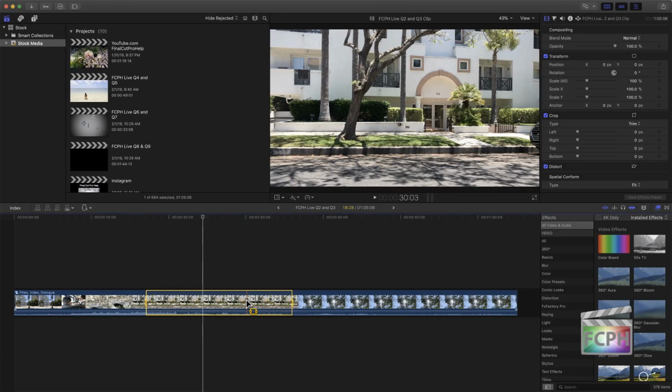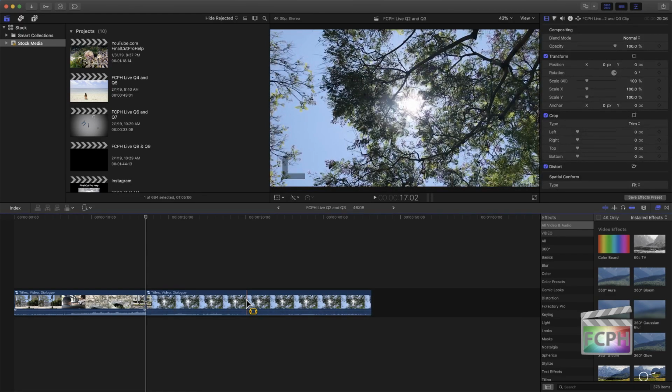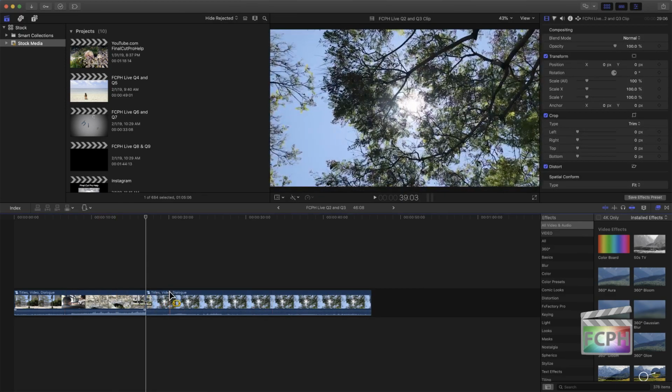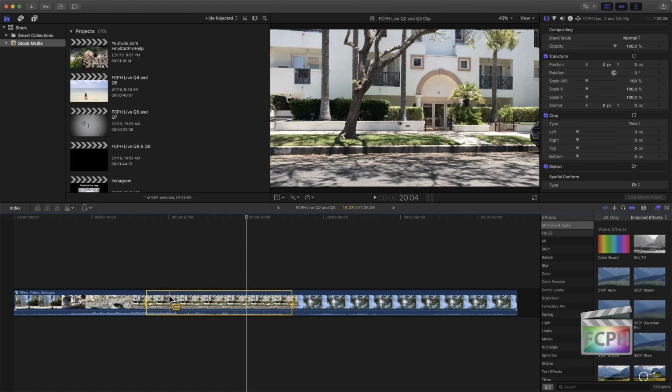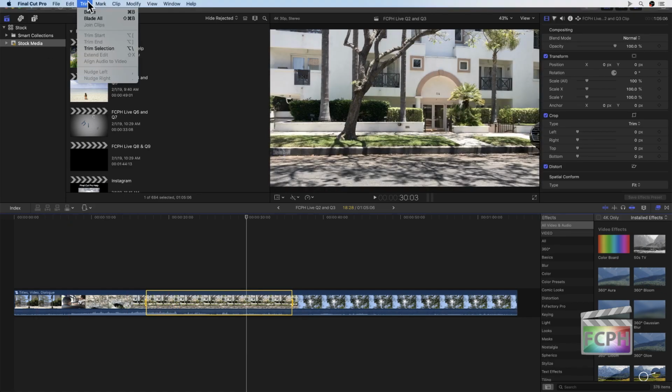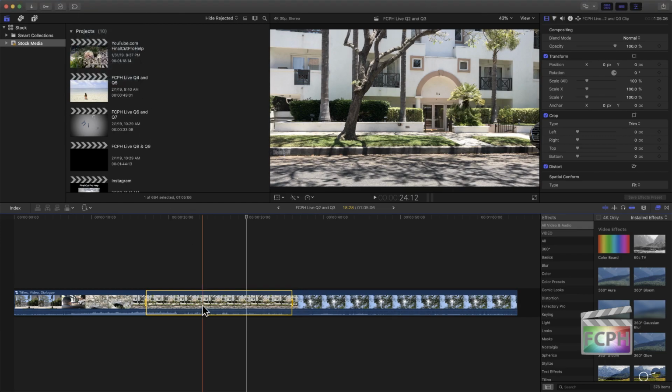Because if I just hit the delete key, it actually deletes the selection, and it kept what was around it. I'm going to do Command Z to undo that. So what he actually wants to do is keep what's there. So you can go up to the trim menu if you want and say trim selection, but you can just use the shortcut Option and then slash there. So if I do Option slash,